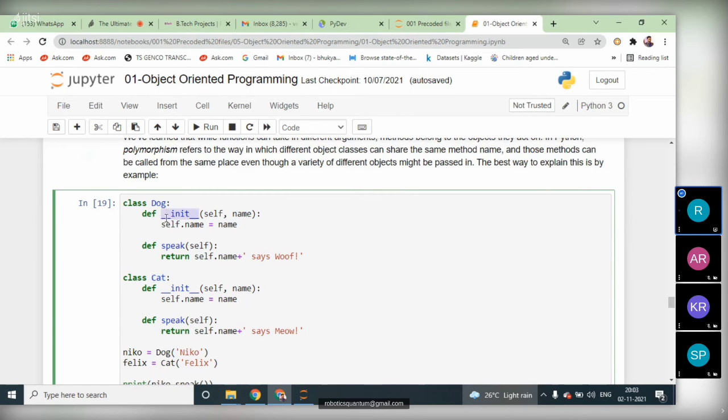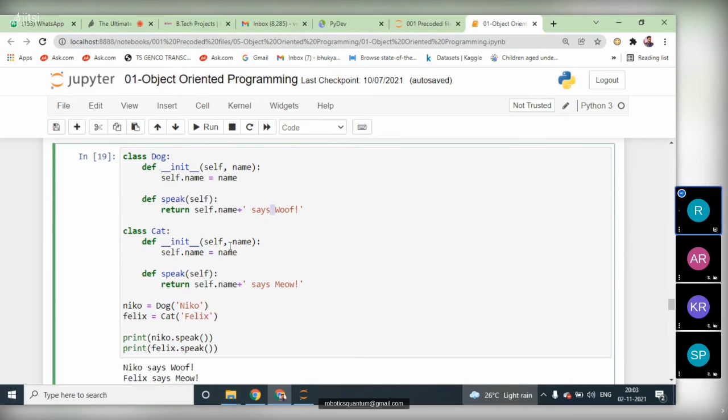But the dog class has a constructor with the instance variable name, and we have the speak method, which returns self.name plus says woof. And when you come to the cat class, we create the same instance variable name as in the dog class. But in the speak method, here we give says woof and says meow. We give two different sounds for the two different classes.